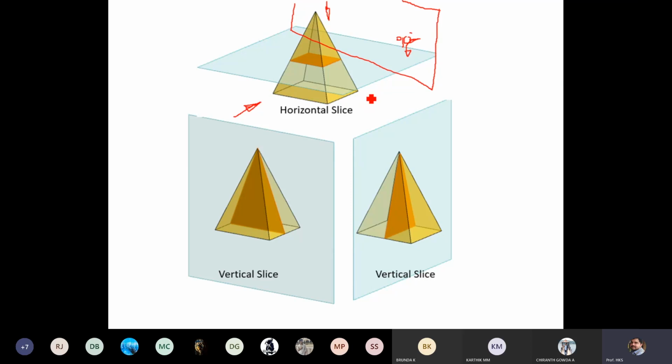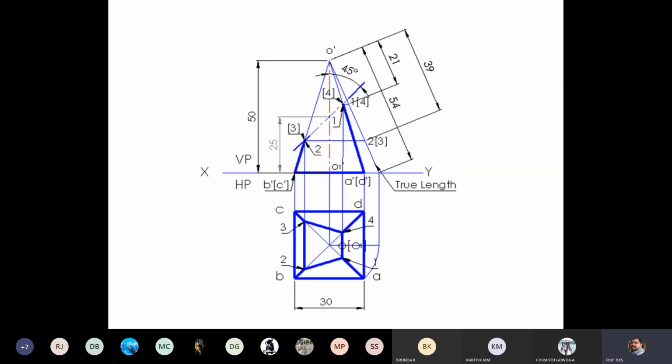Now it is parallel to HP. You have to rotate it upward such that it makes an inclination of 45 degrees with HP, and it remains perpendicular to VP. Then you have to take the views, look from top and bottom, and then develop that. So this is the front and top view. Here you may get confused, so you can look at its procedure from the beginning.